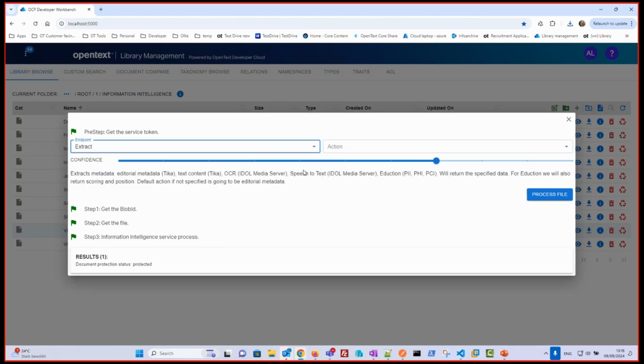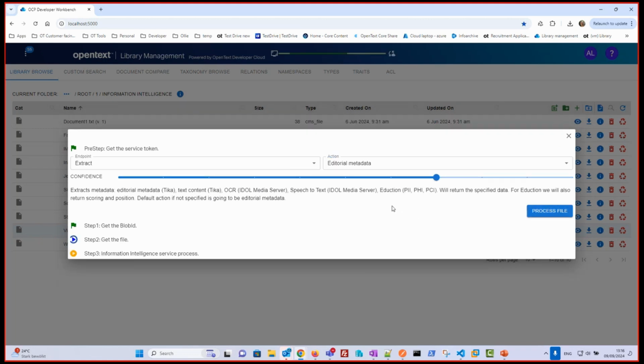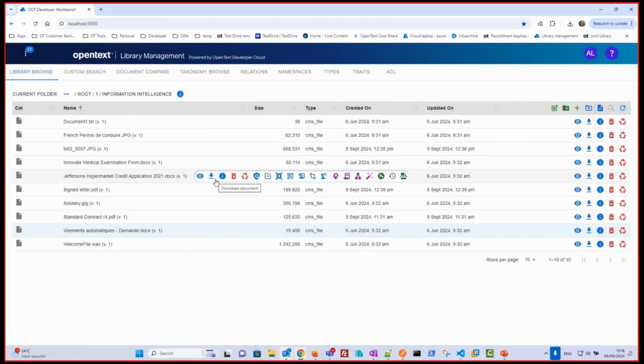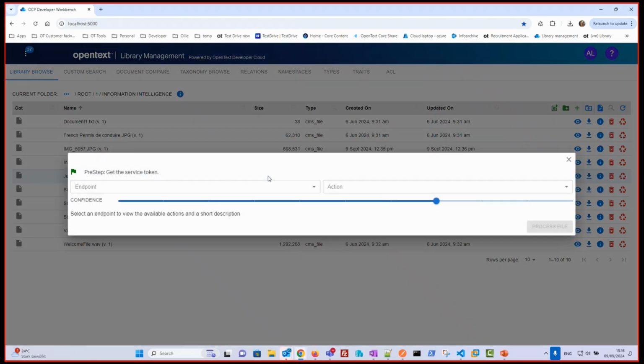Some other things that you can extract is, as I was saying earlier, the editorial metadata, which means all of the metadata of the document. For example, if it's a Word document, you can extract from it everything that Word keeps in there, like author, the date of creation, if it's encrypted, if it's not encrypted. Basically, in this document, the document is encrypted, it is password protected, so we don't have access to the editorial metadata. But if we go to the initial document that I've shown,